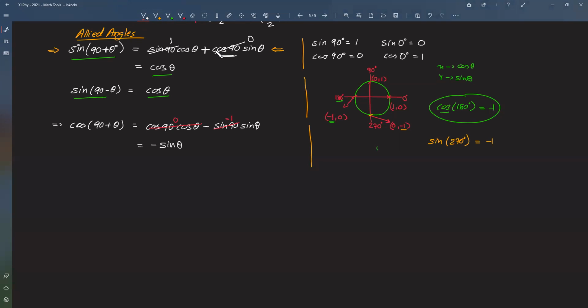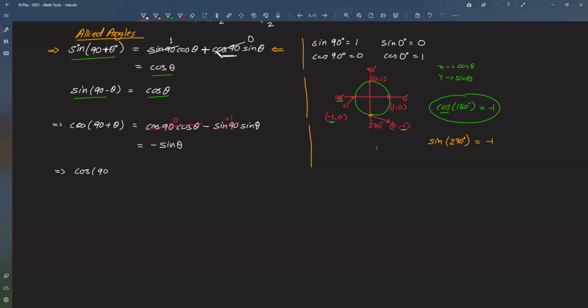So now this result is a little different from the previous one. In the previous one we saw that sine changed to cos. So here also cos changed to sine, but there is a negative sign as well. So still we are not able to conclude anything, but we have different results. Obviously there will be a lot of such results to remember, so there should be some pattern. We should be able to decode that pattern.